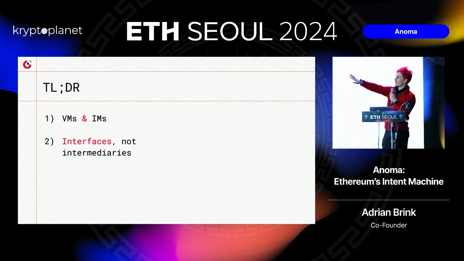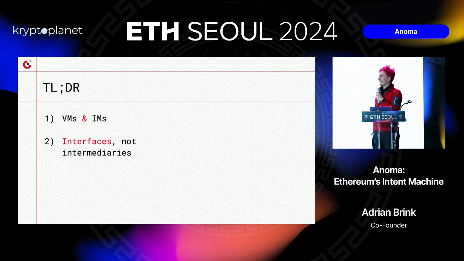You want to be careful that we focus on interfaces and not intermediaries. Please don't go running into the next thing that promises you really cheap fees or fast, low latency. You can do a lot there if you just build a single server. And this is really what a lot of the current systems end up being, because no one has a good abstraction for how to build a generalized interface for how users interact with these systems.